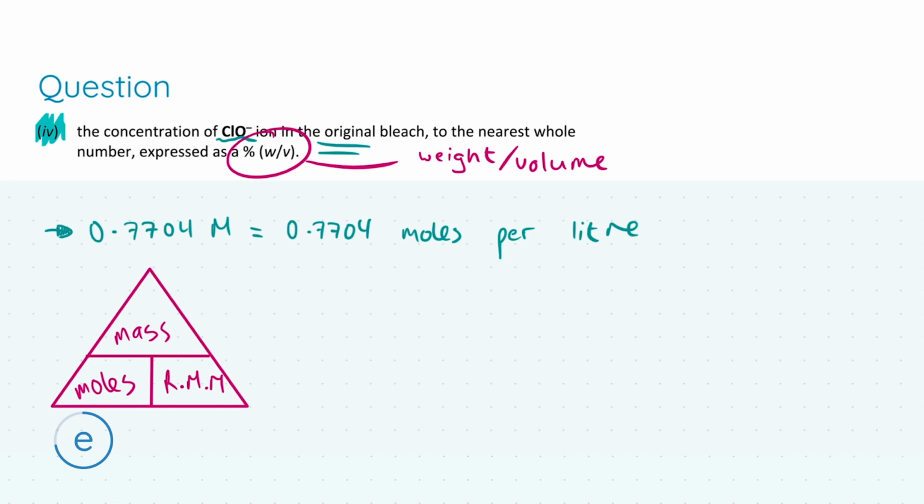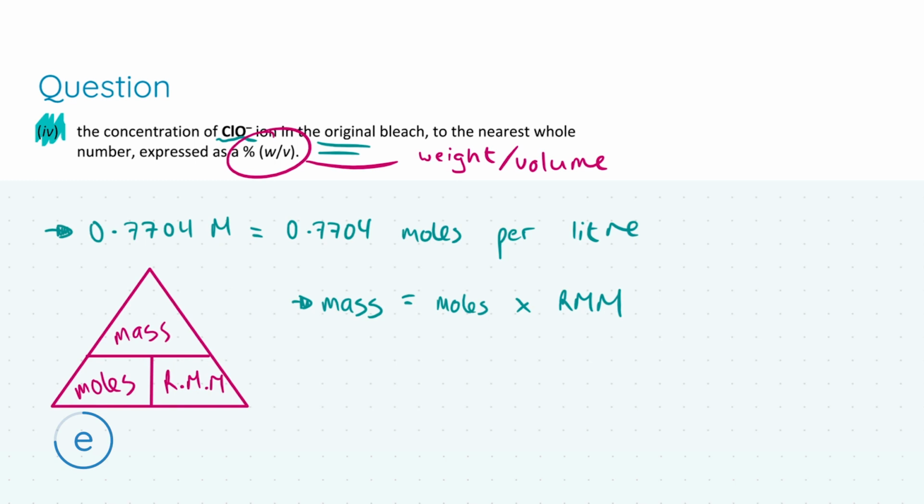So we are looking for the concentration of ClO minus, and as we said earlier, that is weight per volume, which means we need to convert moles into mass. Using this triangle, if we want to find mass, we cover mass on our triangle and see what's left. Moles and relative molecular mass are left on the bottom, which means in order to find our mass, we multiply the number of moles by relative molecular mass. Cool. Now we already know the number of moles,